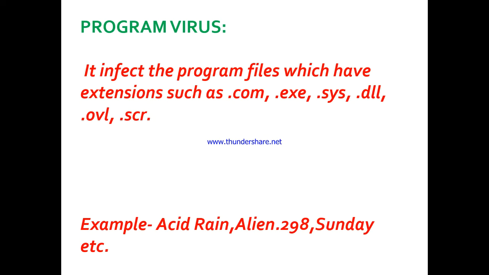Okay, all the program files. Program files means, when you switch on your computer and go to the C drive, you will have the program files there. And the program file is a very important part of your computer. If there is no program file, your computer cannot get started. So program file actually contains all the extensions such as .com, .exe, .sys, .dll, .ovl, .scr. These are the main extensions of all the programs. So it is the place where your software is installed and kept.